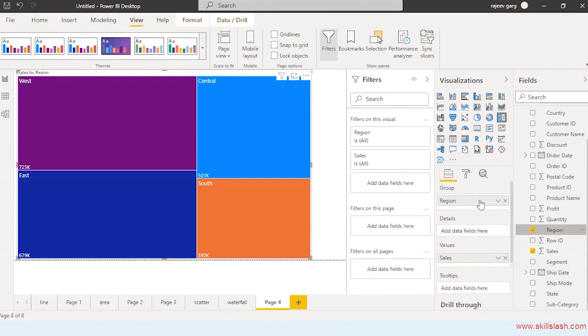See, the overall sales has been divided into 4 parts: west, east, central, and south. And remember, the first square will always give you the maximum value. So the west has generated the sales of 725,000. If you want to drill down it further,